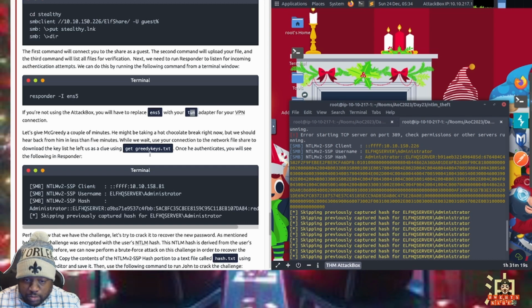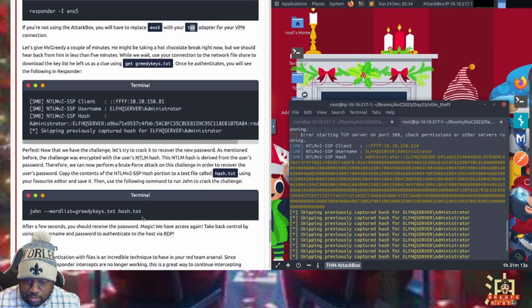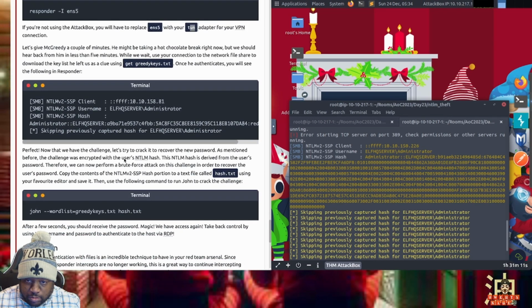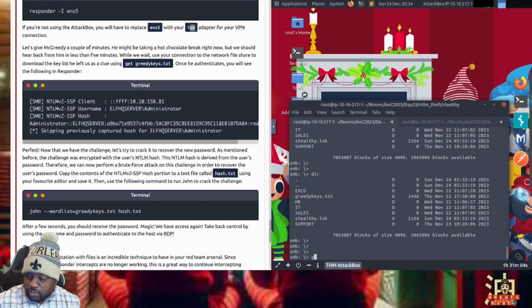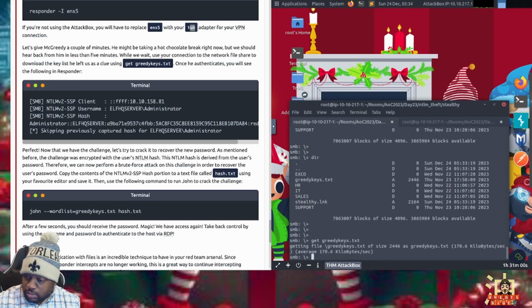Okay, so we already have it. It wants us to get greedykeys.txt, so we're going to get greedykeys.txt.